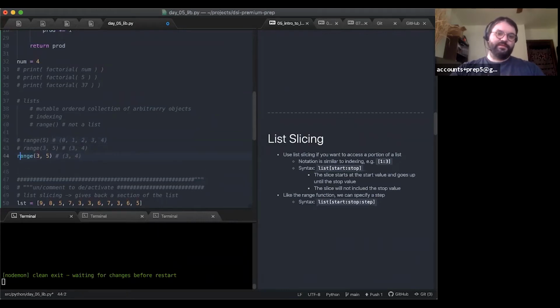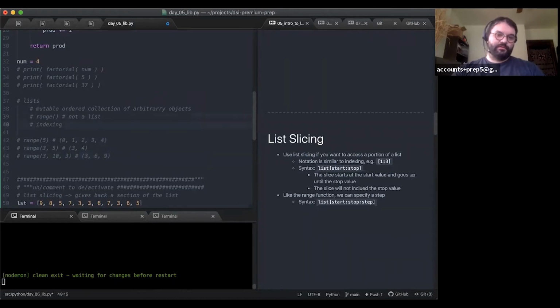If I give it 3 arguments, we'll do 3 to 10 in steps of 3. The third argument is going to be the step, so it's going to be the number to start on, the number to go up to but not include, the upper bound or the stop, and then the step, which is 3. So we'll go 3, 6, 9. That's what this range is going to give me. Okay. Cool.